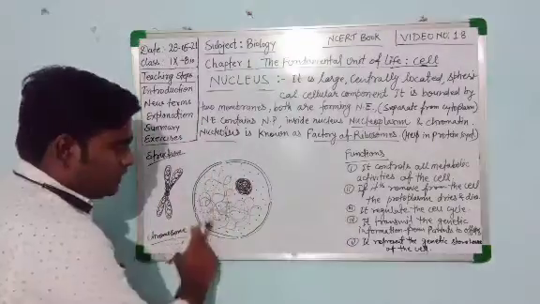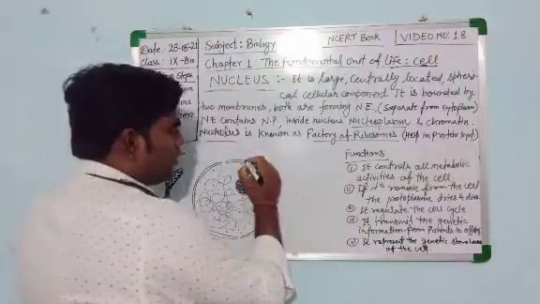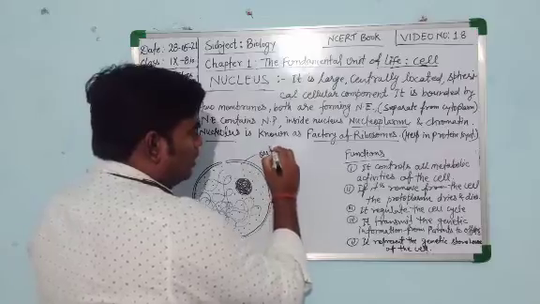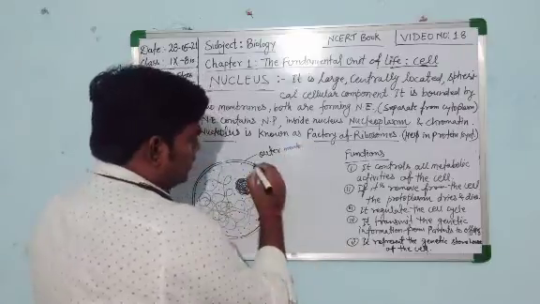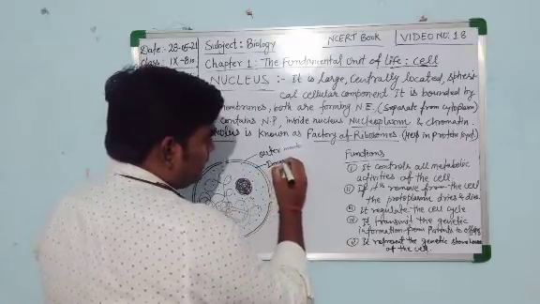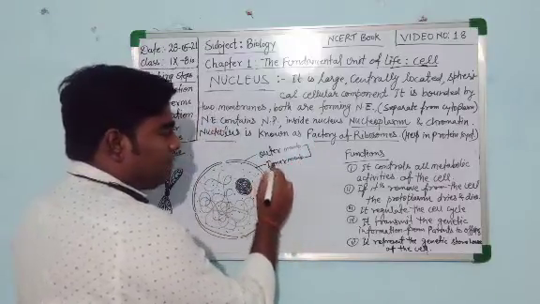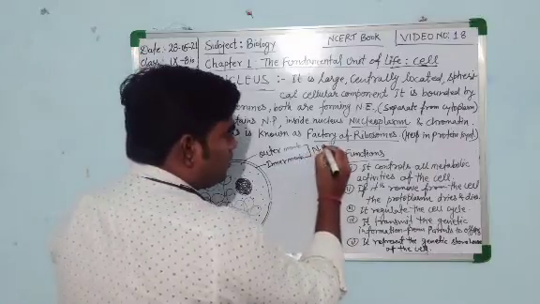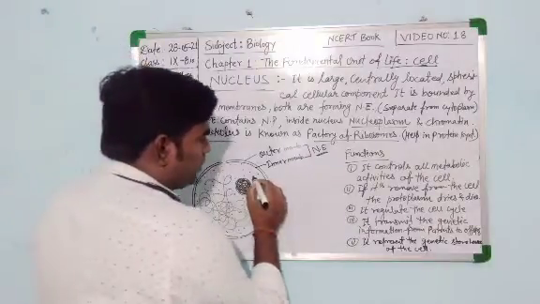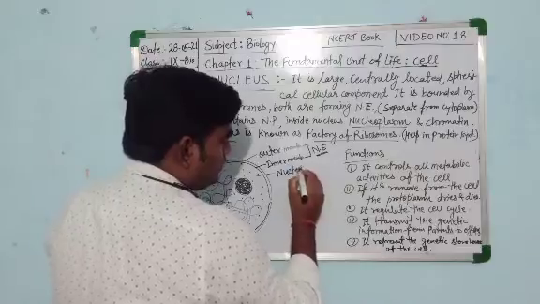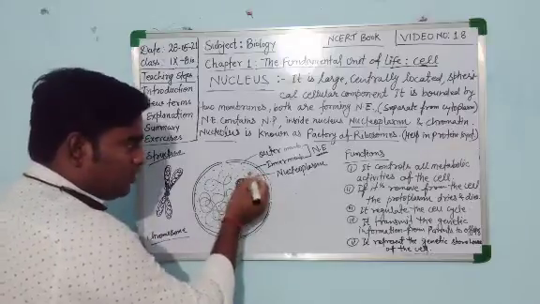See the structure of nucleus. This is the structure of nucleus. Okay, let's label the diagram. This is the outer membrane, or we can say the outer envelope. Outer membrane. This is the inner membrane. Inner membrane of nucleus, and both outer and inner membrane are collectively known as nuclear envelope. Okay. Then this is the nucleoplasm. Nucleoplasm. This fluid inside the nuclear membrane is known as nucleoplasm.